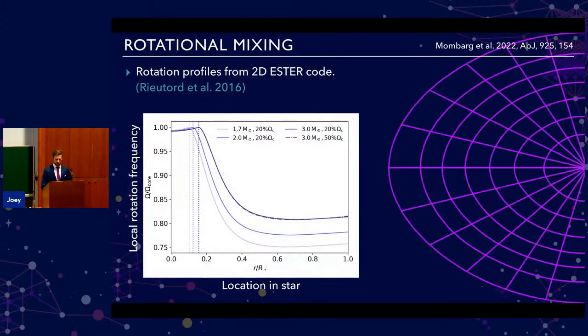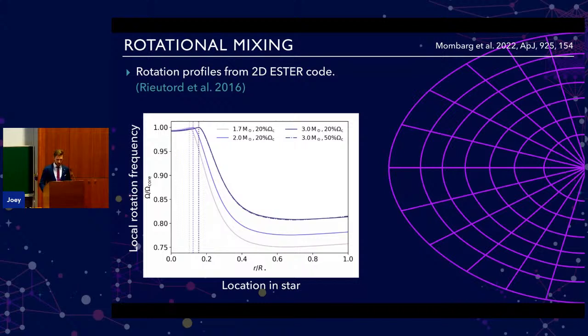So then moving on to the rotational mixing part. When your star starts to rotate, it's no longer spherical, but becomes a bit flattened, like I'm showing you on this illustration on the right. In this case, we can no longer use 1D evolution models, so we have to go to 2D models, and I'm using the 2D ESTER code. What ESTER does is compute the rotation profile of a star, as I'm showing you in the plot, so the rotation at each point in the star